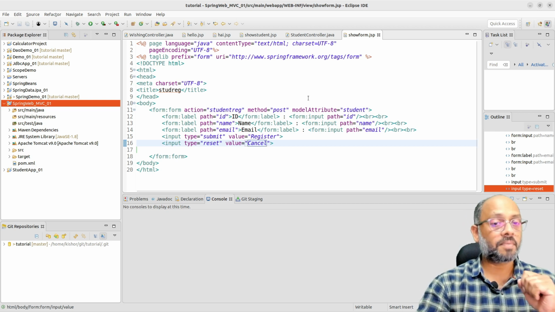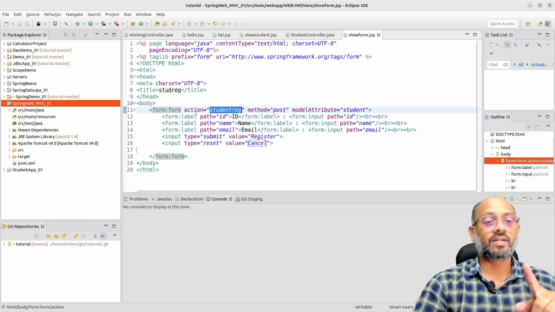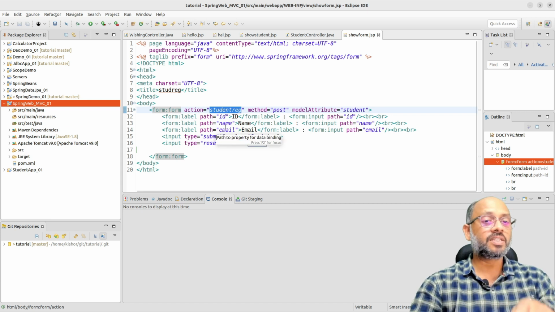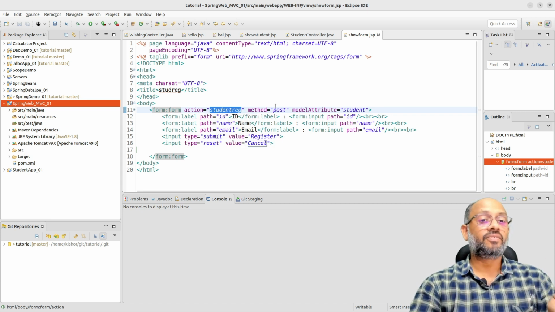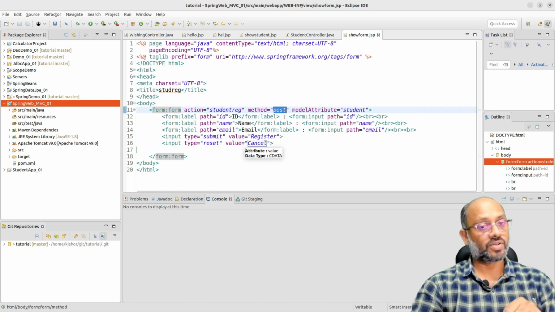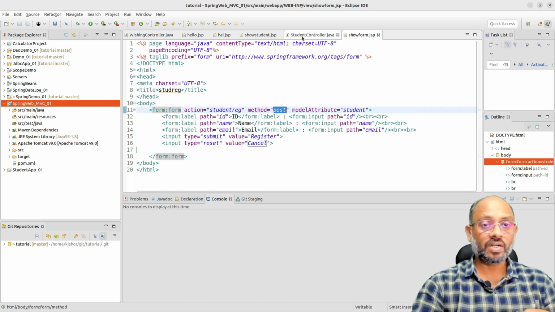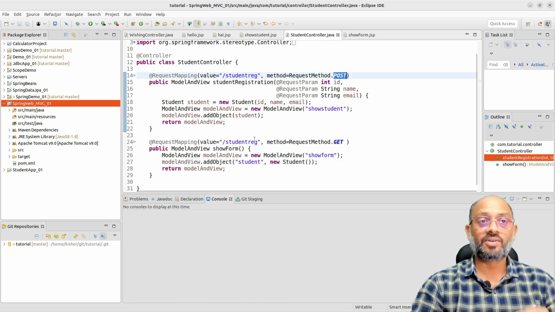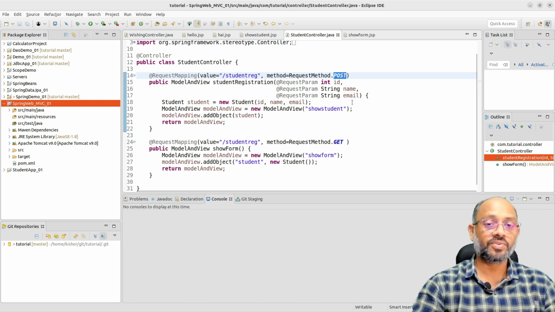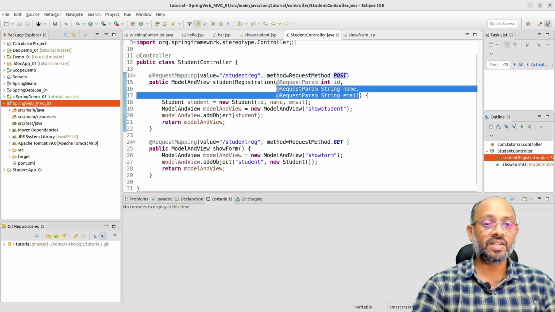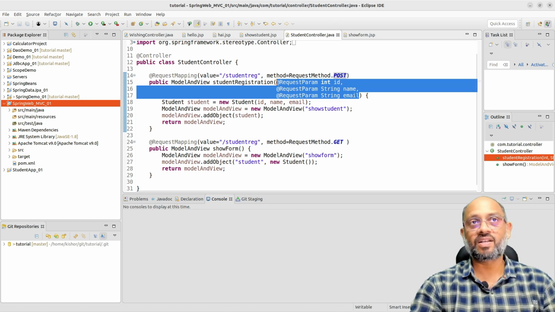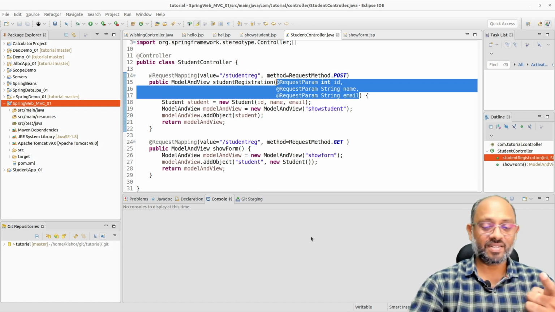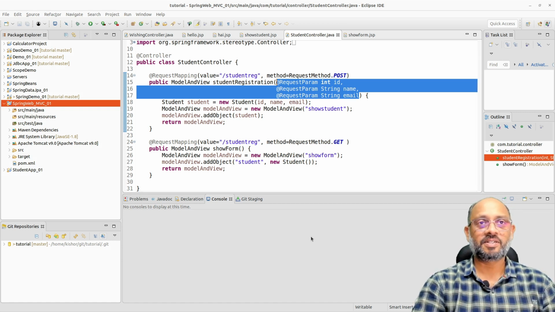As a result of submitting this form, what will happen? The model object completely containing the user given data will be submitted to student reg with the post mapped controller's method. So go to the controller, student reg post mapped method. Okay, now this time we have a wonderful advantage of using the enhancements here. We need not pass all of the values one by one as parameters. Instead of passing one by one parameters, you can pass it as a single argument,